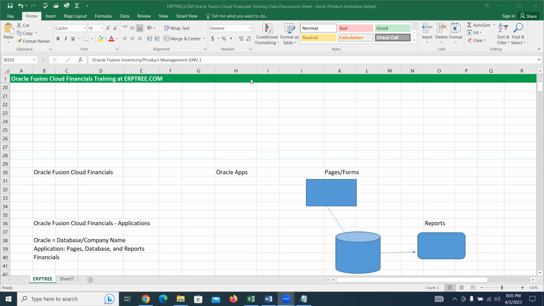I'll talk about it and write it in the spreadsheet. I'll be sharing this spreadsheet with all of you, and you'll get the classroom recording videos. You can download them and keep them with you permanently. Even though we are doing everything, how much time you are investing is what really matters. If you are able to invest a good amount of time, nothing will stop you.